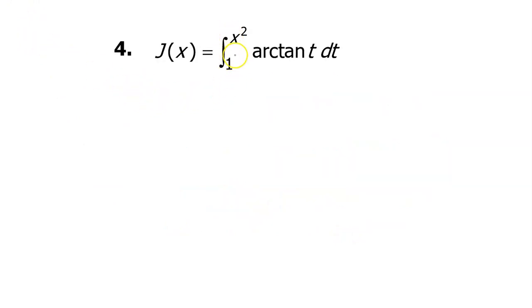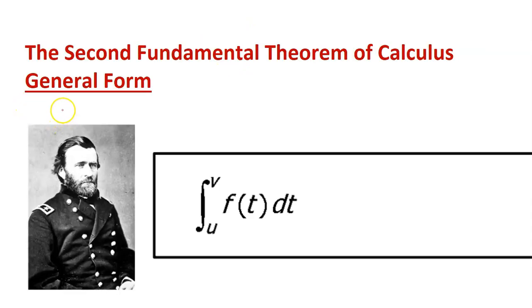Number 4 is not the common case because we don't just have an x, we have x squared. So I need to tell you about the general case. We need to use the general form of the second fundamental theorem of calculus when we have a function either for the lower limit of integration or the upper limit of integration, or both. According to the general form, if we take the derivative of this,